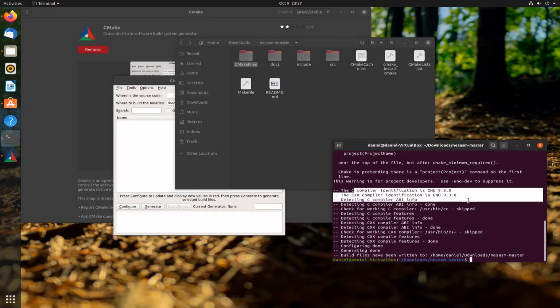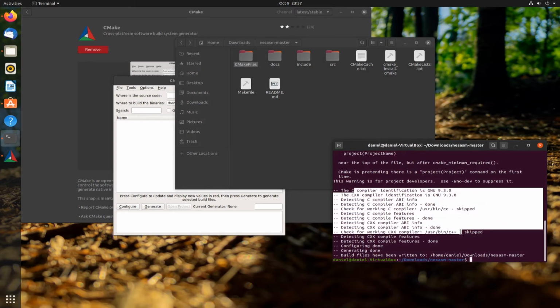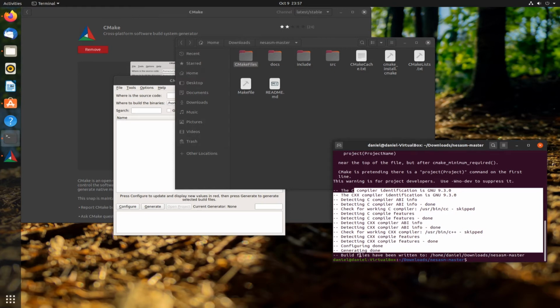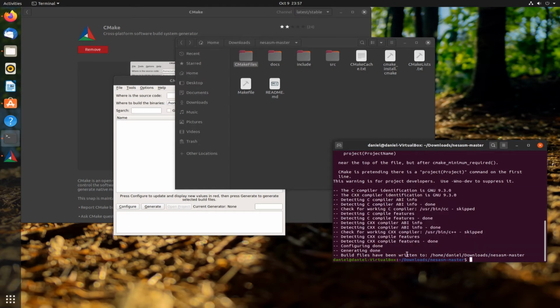So found GCC, checking, detecting, and writing done. All right, so it says build files have been written to Daniel downloads Nesasm master, which is the directory that we have. And if you remember from the instructions, if I open over here,